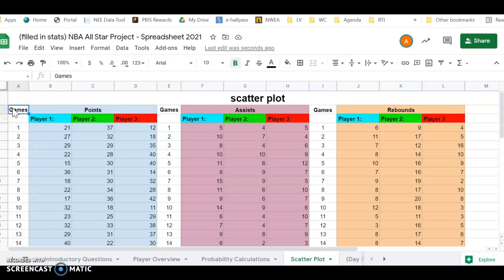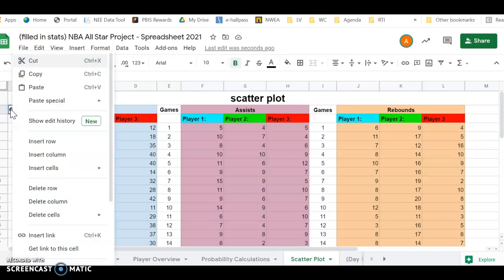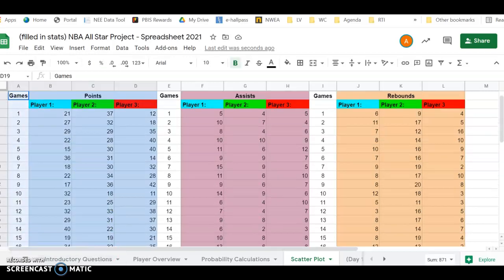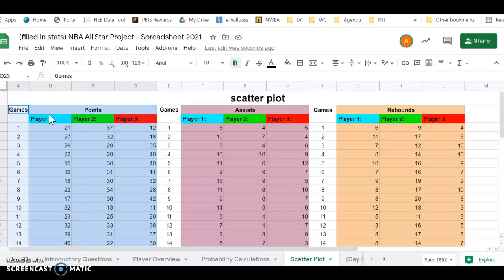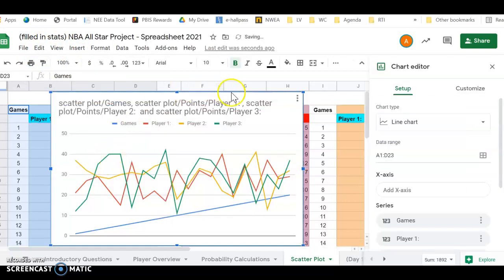So to start things off, we are going to click on the word games, and what we're going to do is when we click, we're going to drag it, and we're going to highlight all the way over from column A to column D, and all the way down to, I believe that's row 23, but we're covering all 20 games. So once it's all highlighted here, I'm going to hit Insert, Chart, and something like this comes up, but this